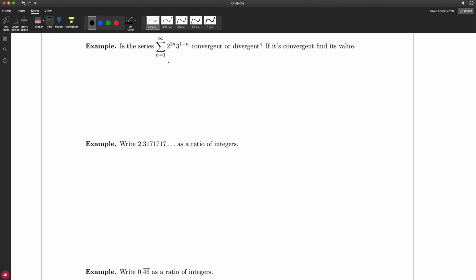Let's just determine if this infinite series converges or diverges. Well, this does not look anything like, remember, if we're starting with n equals 1, then it has to look like a times r to the n minus 1. So let's see if we can get it to look like that. This here is the sum n equals 1 to infinity. You'll notice that this is actually 4 to the n, because it's 2 squared to the n. And now this one is times 3 to the 1 minus n. Well, I'm going to write that as